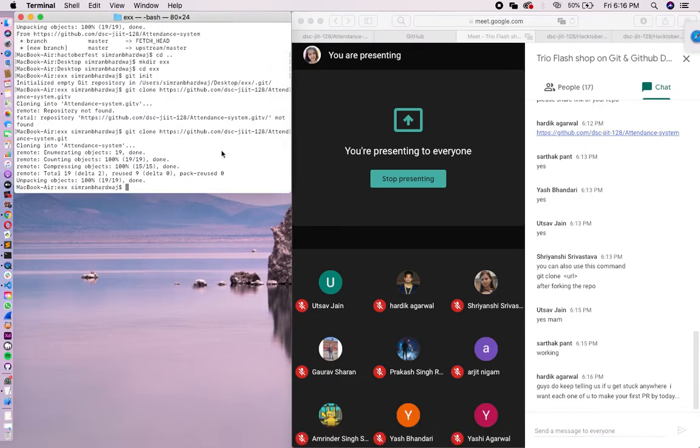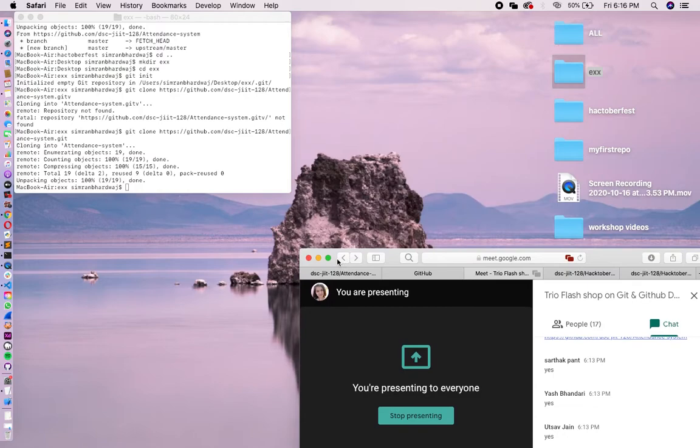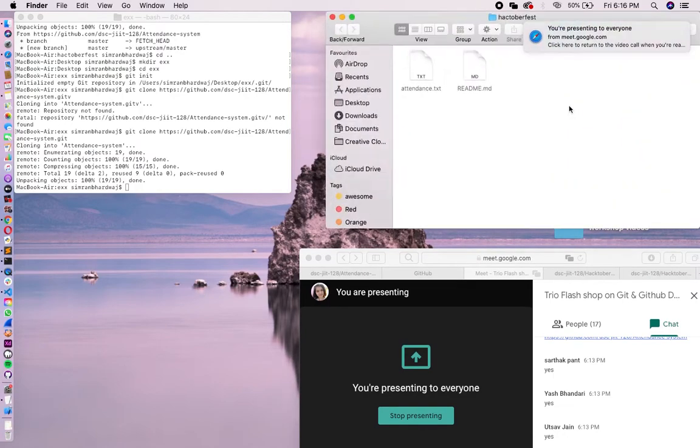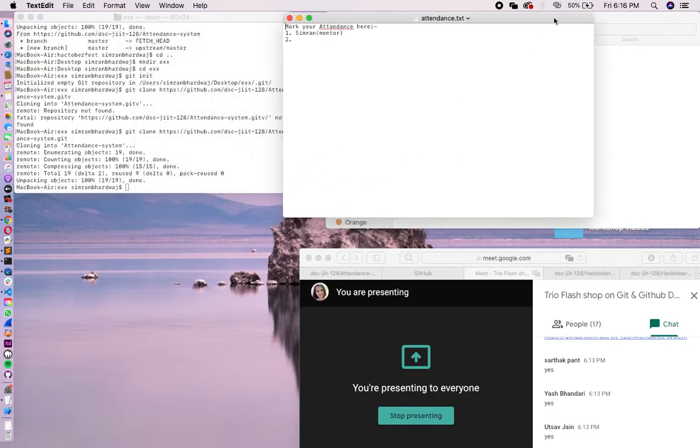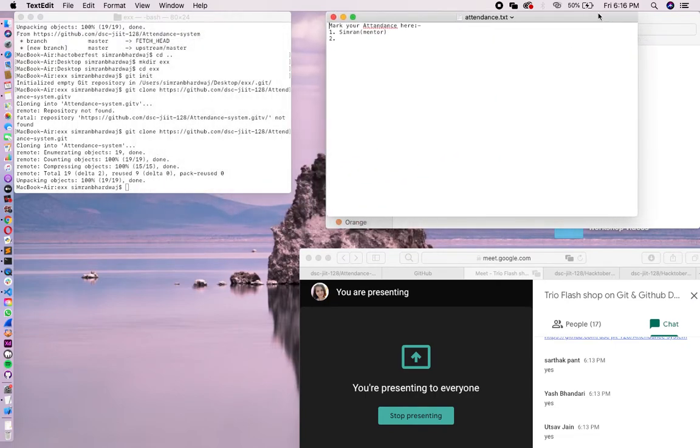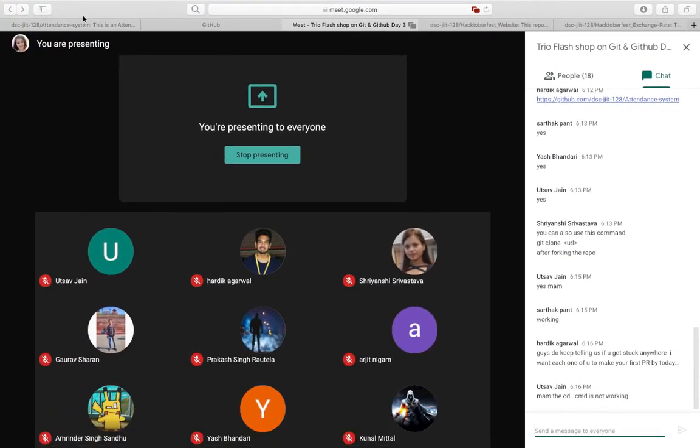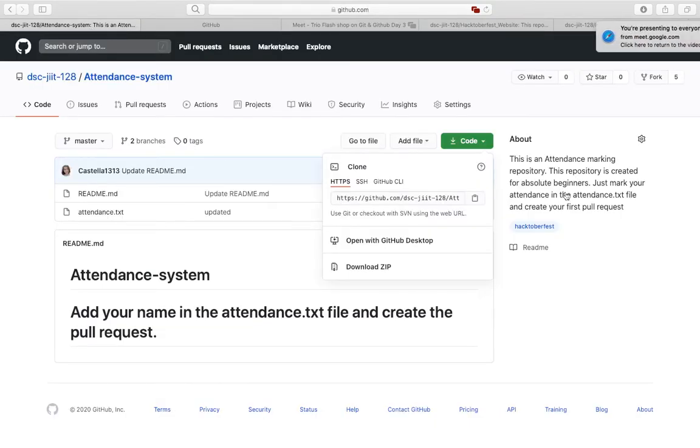Okay, so I hope it is clear. So you can see the code inside the folder Hacktoberfest, that we have got the content of the repository. So now let's open this attendance.txt, and if you have read the repository that I just shared with you, we have mentioned in the readme to add your name in the attendance.txt file and create the pull request.